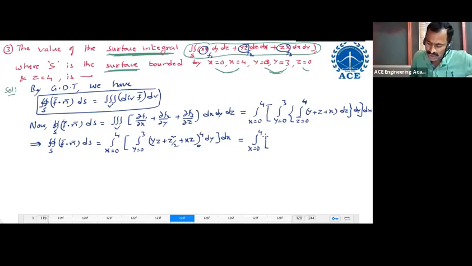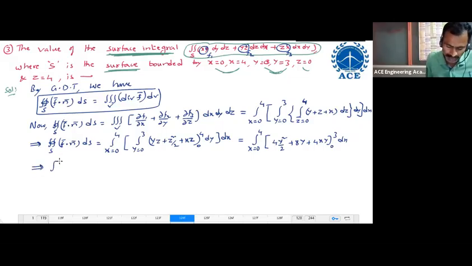Instead of writing one more step, for y, after substituting z equal to 4, the first term will be 4y, and the y integral is y square by 2, plus 16 by 2, 8y, plus xz, 4xy. Because z is 4, x is constant, 4 is constant, the integral of 1 with respect to y is y, from 0 to 3 dx, which implies double integral over S of f bar dot n bar dS equals, again